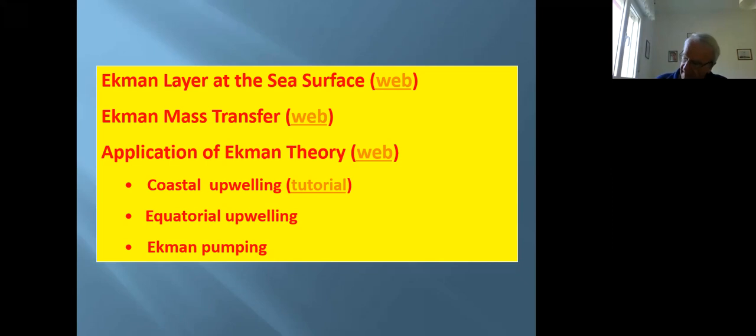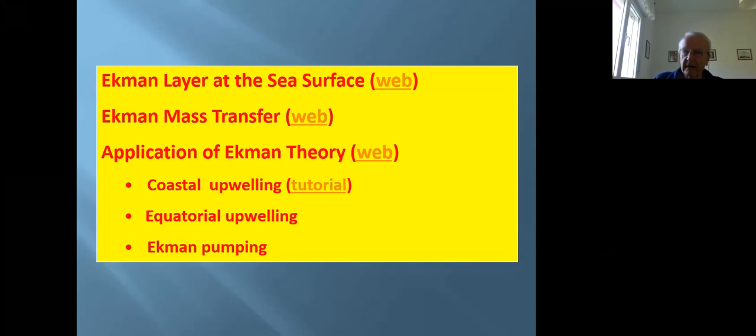Although I must say that the open ocean upwelling is not so important as, for example, coastal upwelling or equatorial upwelling, because the open ocean upwelling is associated with the heterogeneity of the wind field at the open ocean, which is typically not very strong. The wind over the ocean is rather smoothly distributed over space,